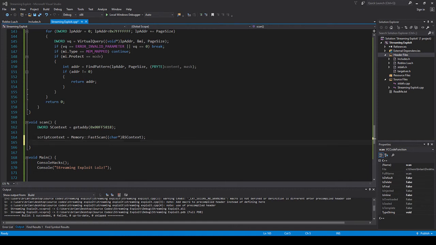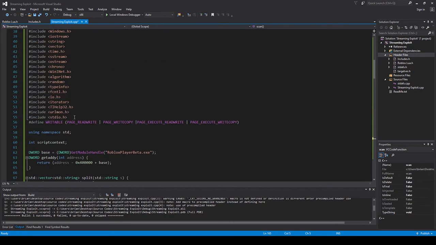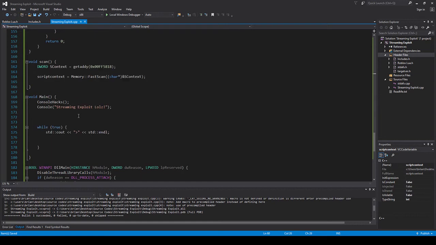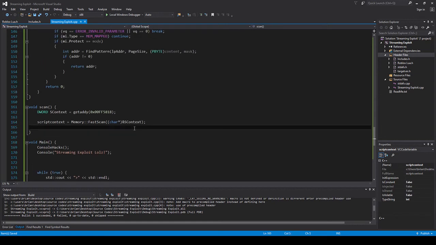After that, we're going to need to define a Lua state. So up here, next to script context, we're also going to define our state, just like that. And now we're going to have to scan for or make a